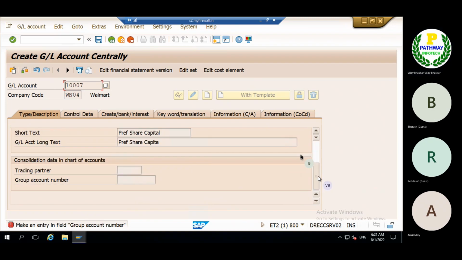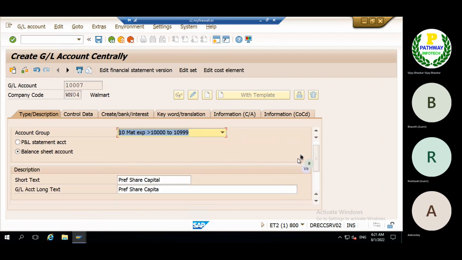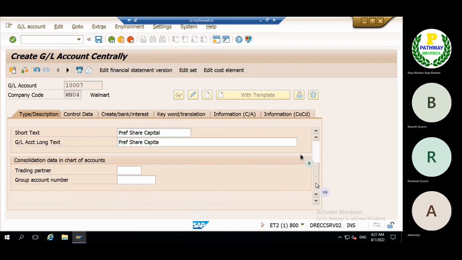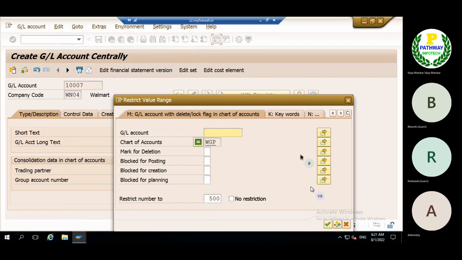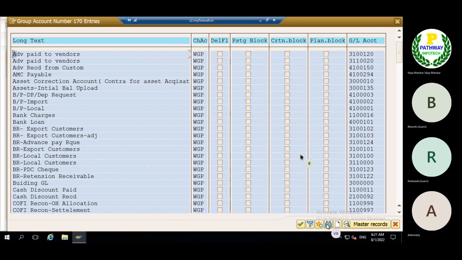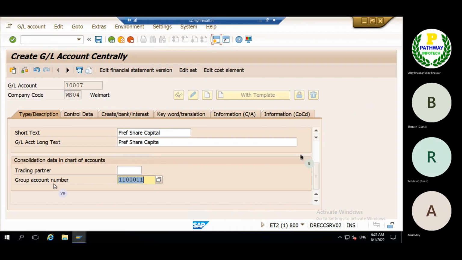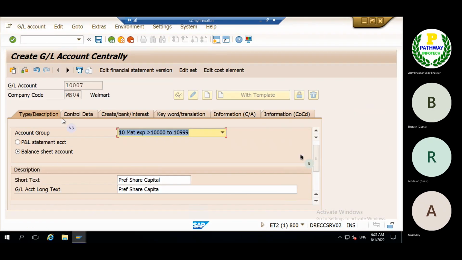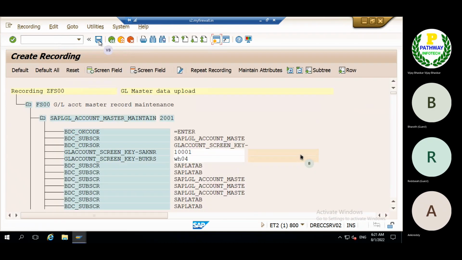Enter the field group. Now the fields we want.